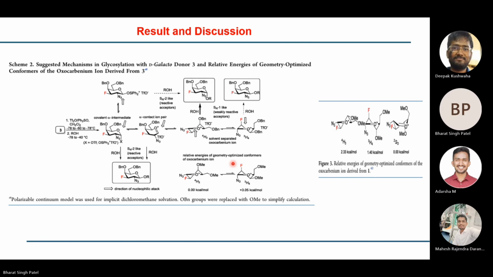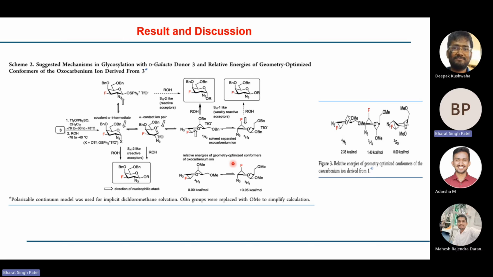So here also they are showing that if you are using a sufficiently nucleophilic acceptor, we will see majorly beta, right? With the C2 azide. Yes. But this is a different case from what we see with the other galactose. For glucose or something, we do see less amount of beta, right? No, others. So in my case also, since I'm using this azide donor in the first paper, at lower temperature we should see beta.